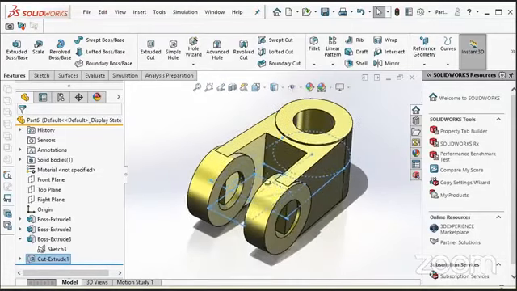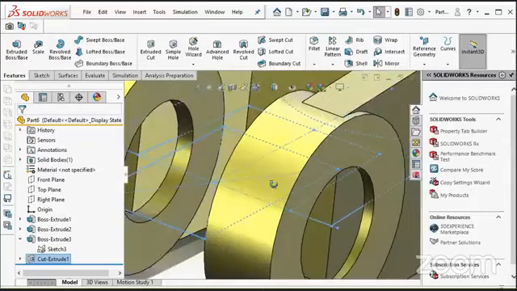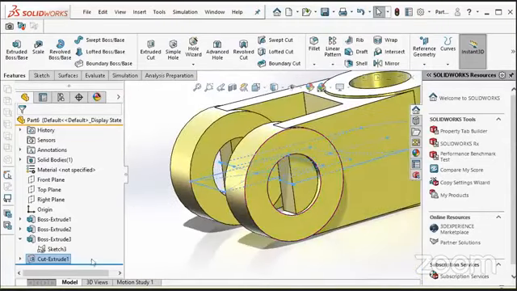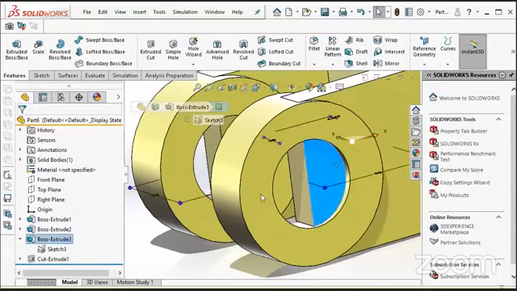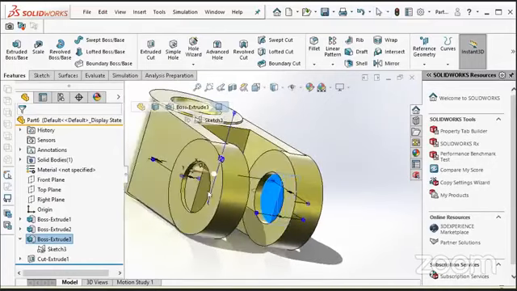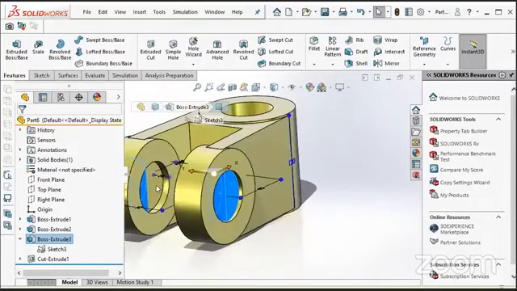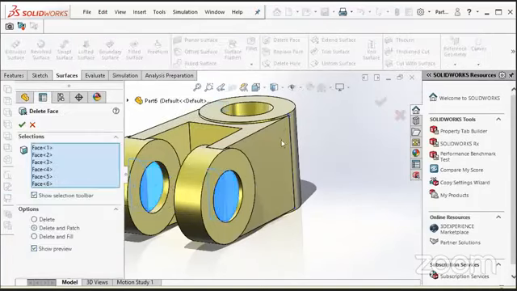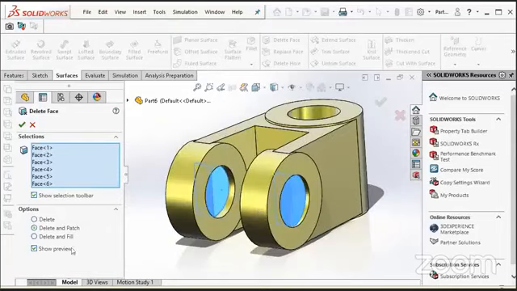Now two more things remain: this body should not be inside. So what I will do is select these faces, go to surfaces, delete faces, and make sure to select delete and patch.